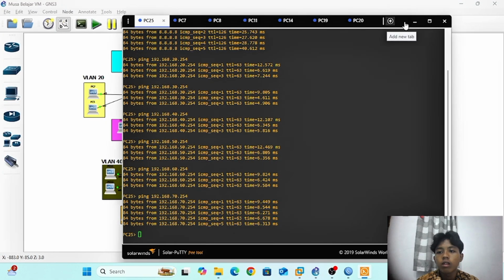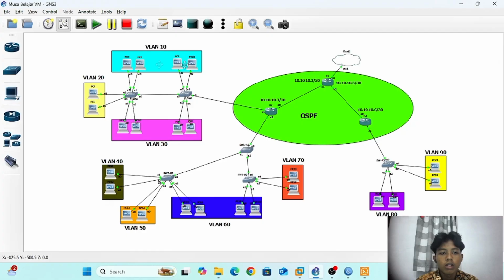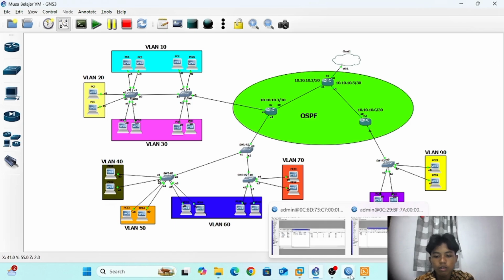You can see this VLAN 10 pinging to 20 and 30, and from 10 to 40, 50, 60, and 70 is pinging and running, the configuration is successful.